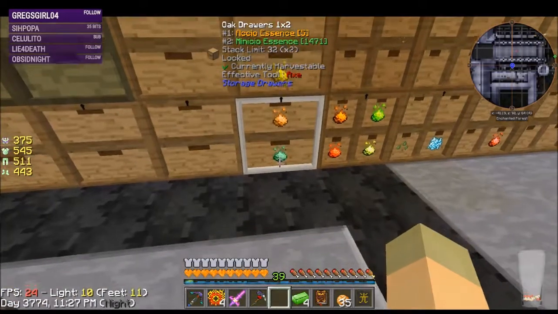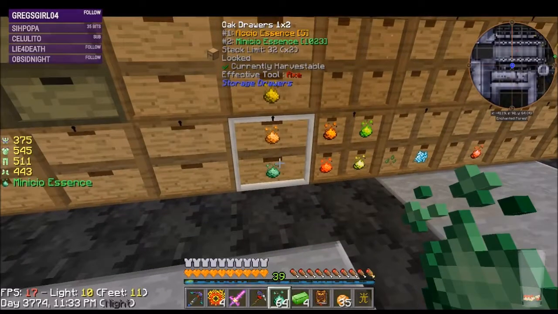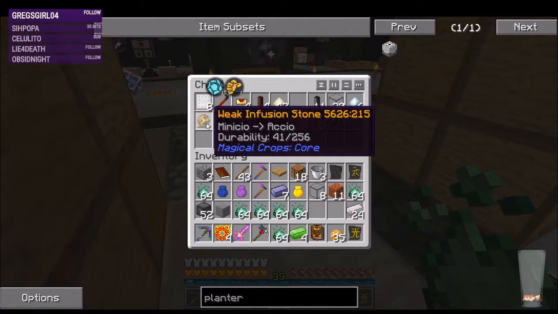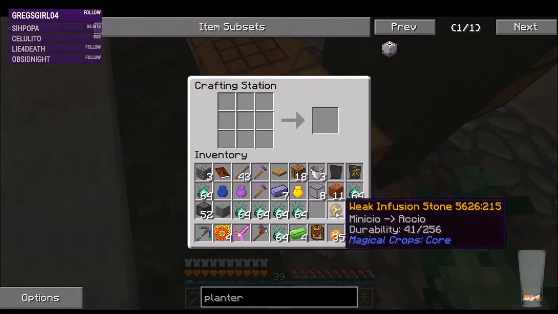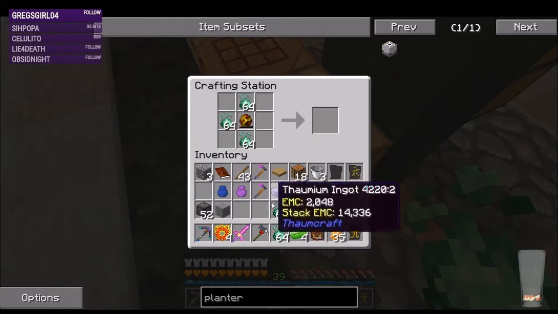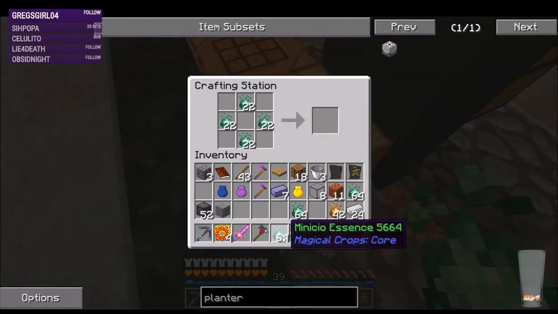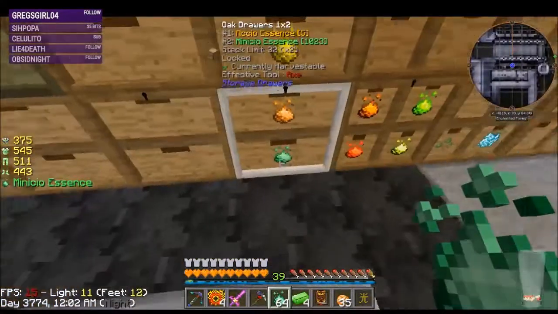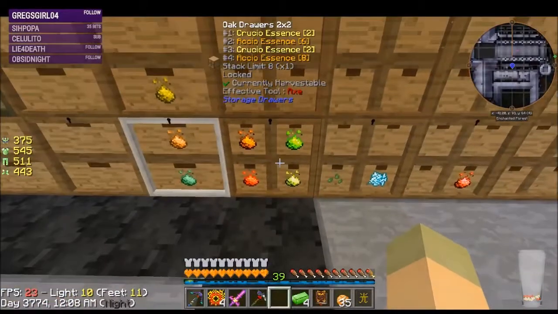I only have 5 Accio, so we need to make some. And I think my infusion stone's in here. Might need to make another one of those, because I don't have a master yet. Yep, we just used up our stone, but we have 42 Accio, so I'm not going to worry about it at the moment. We're just going to take these, and let's see how many I have that are already...